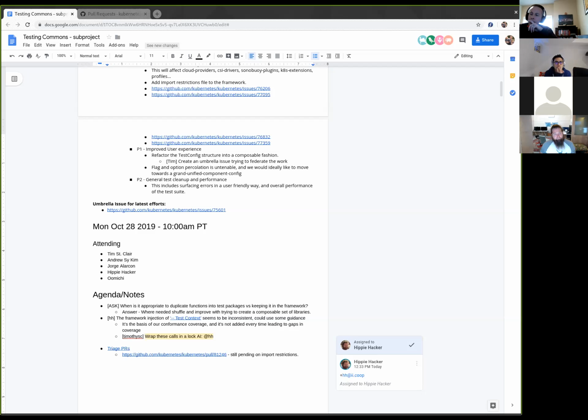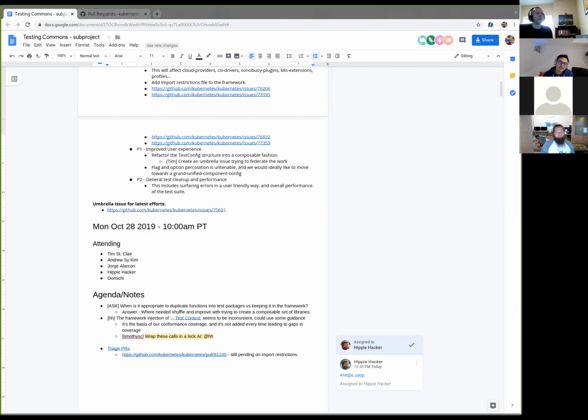Sure. Or maybe we can add a script in Hack that will easily run all the tests in a package, something more easily consumable, because I'm always looking up how to run tests based on the context names, or I forgot what it's called, but you know how we have tags in tests? I'm always looking up what the regex is for that to put into the test framework.